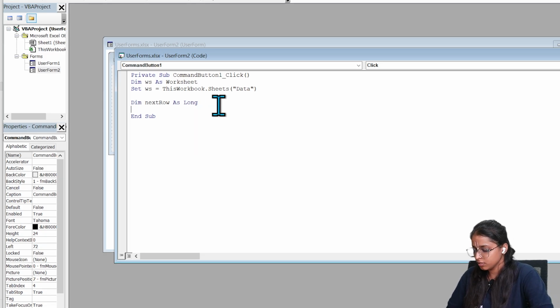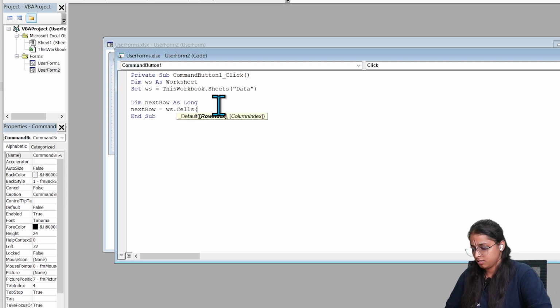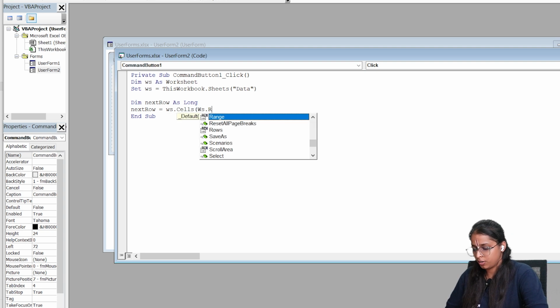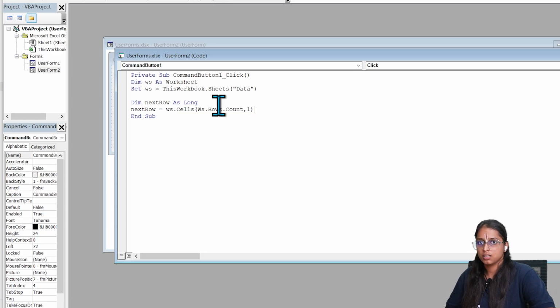Now I'll define next row: ws dot cells in ws dot rows dot count, 1, then end, up dot row plus 1.